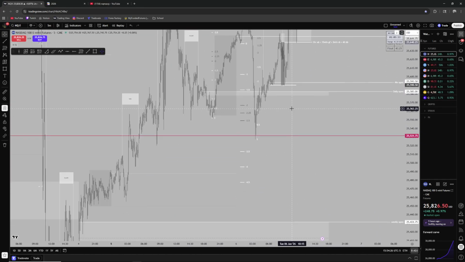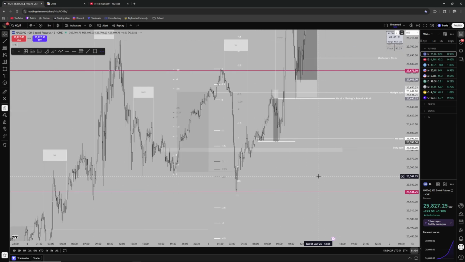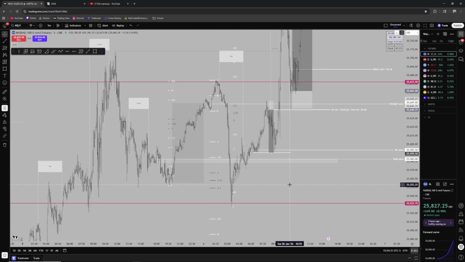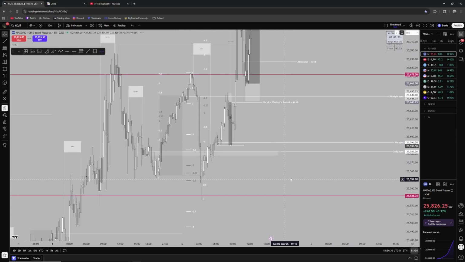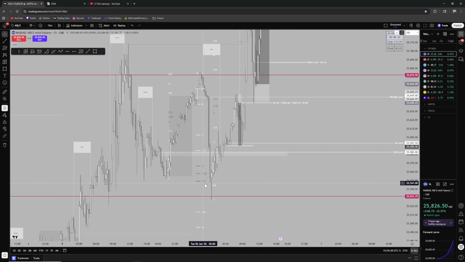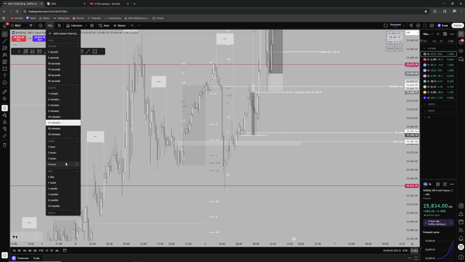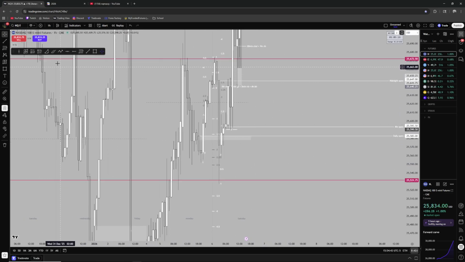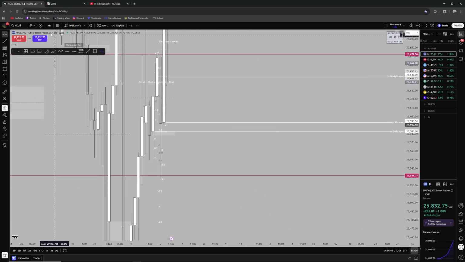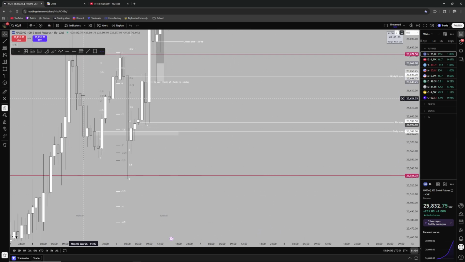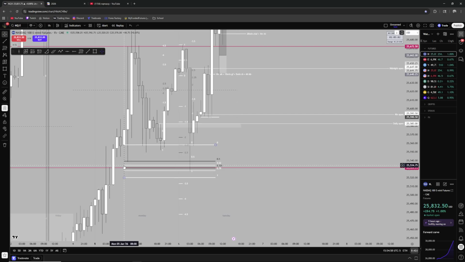That printed, and then low of the day was made here at 53175, which aligned with the 2 to 2.5 zone, which candle never closed below, making it totally okay. It was valid, it held, and this was, I believe, the OTE. Yeah, okay. OTE of this 1 hour, or that's rejecting this hourly fair value gap here,